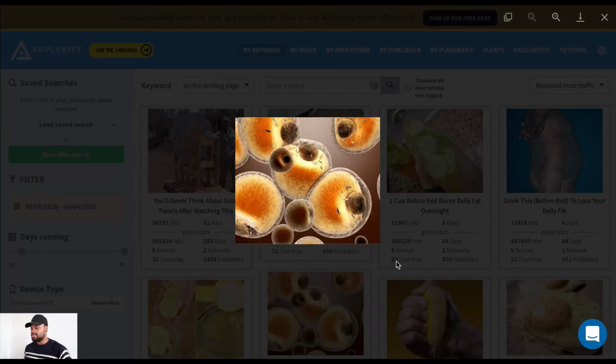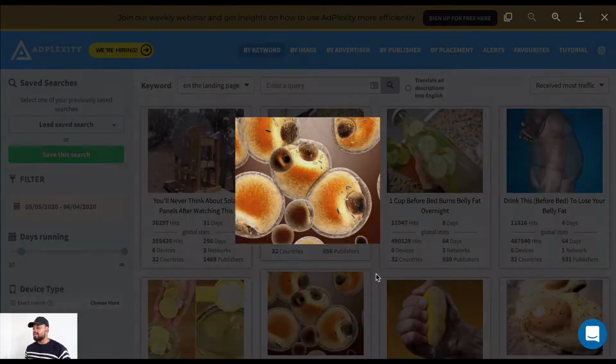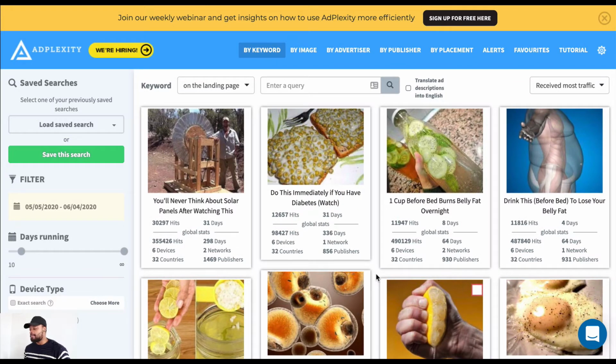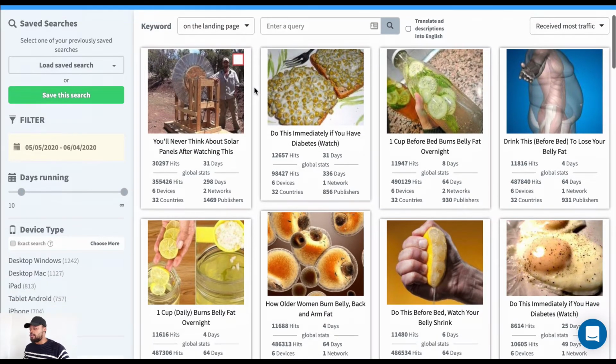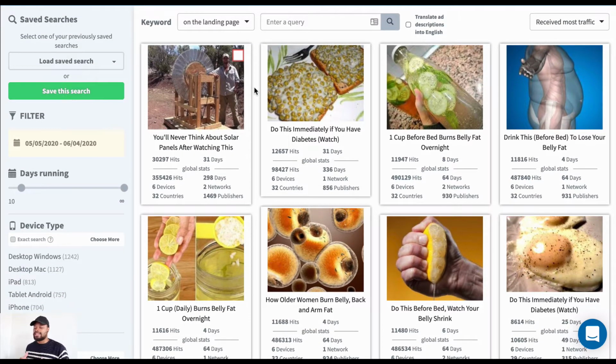Okay, so to get started with this campaign, I am inside of Adplexity and I am essentially trying to find a potential market for us to run this offer in. If I take a quick scan of all these different ClickBank offers, receiving most traffic, days running minimum 10, these are offers that people are sending a sustained amount of traffic to at high volumes too. I see solar, diabetes, fat burning,